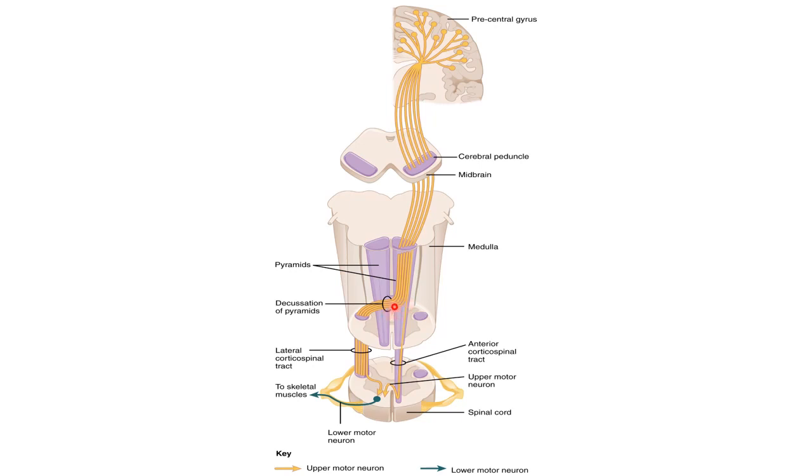We say that most of the fibers of the corticospinal tract will decussate at the level of the medulla, right? When we say most, it is important to know that we have other fibers, a lesser number. The remaining corticospinal fibers will not decussate at the level of the medulla. They will pass ipsilaterally. As you can see, we have a few fibers here that continue ipsilaterally on the same side, right or left, and do not decussate at the medulla. They pass through the subsequent parts of the spinal cord and then reach the most anterior aspect of the white matter of the spinal cord,